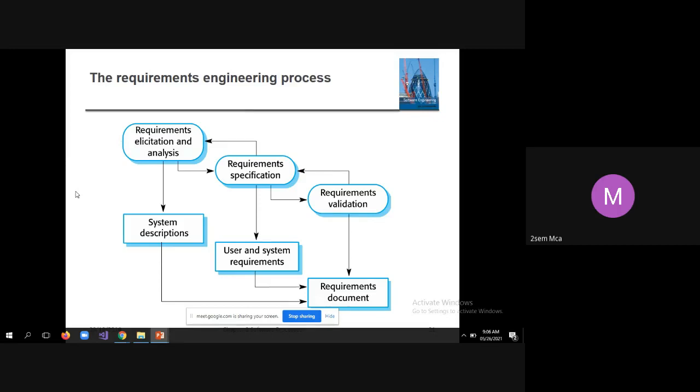Because here everything is a process. When I say software engineering, everything is a process activity. And to depict those process activities, we have so many diagrams. So keep in your mind, you have to learn diagrams. You have to practice, and practice. Okay, and you cannot mug up. Once again, I am telling you, you cannot mug up the diagrams. You should have the understanding of the process. Once you have the understanding of the process, then you can remember the diagram.